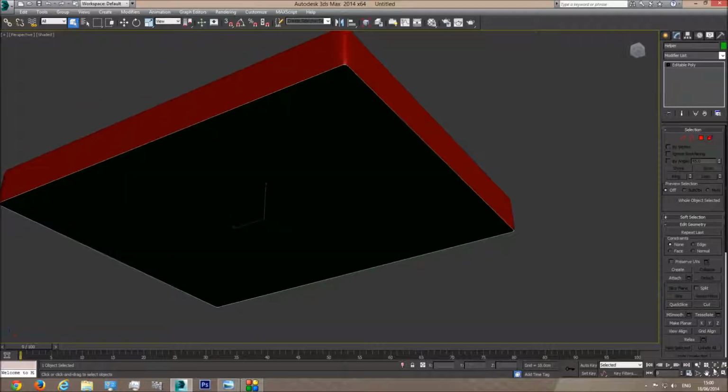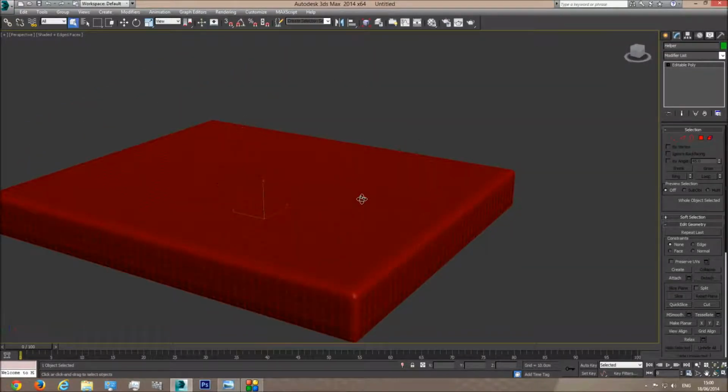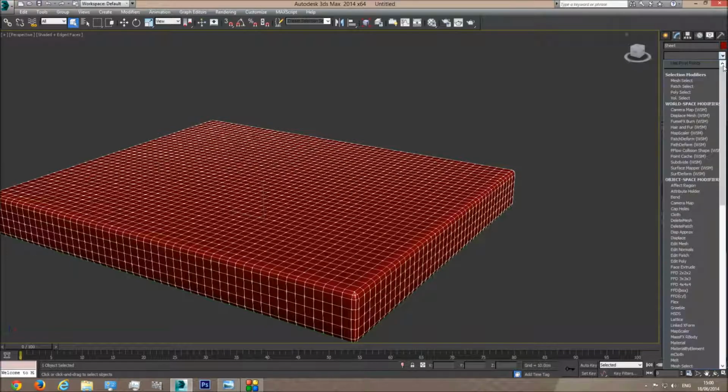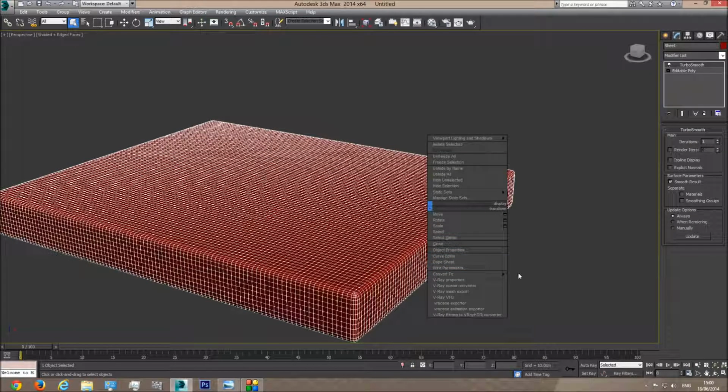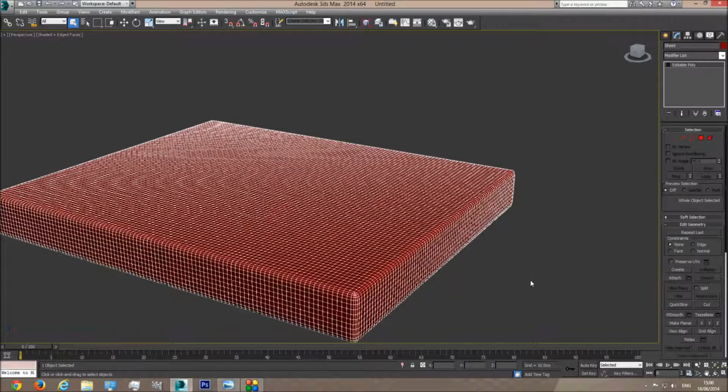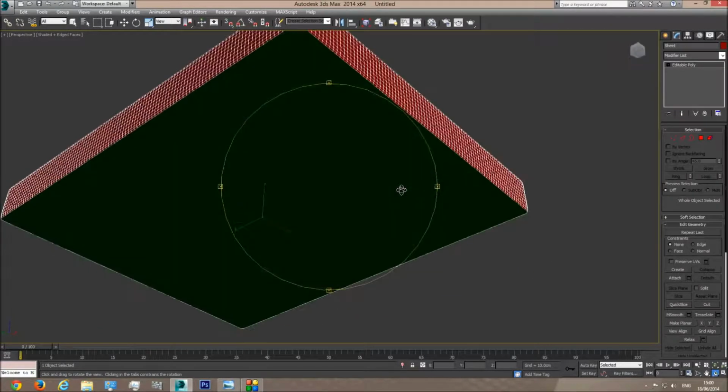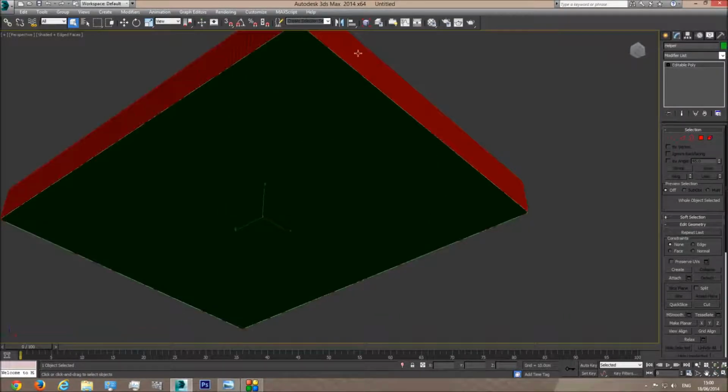Fine. Next thing, I'm going to choose this sheet and add segments to it by adding Turbo Smooth with iteration of 1. Right click, convert to editable poly. Alright, so now we have a sheet over the mattress and we have a helper object. The helper object needs to pull the sheet